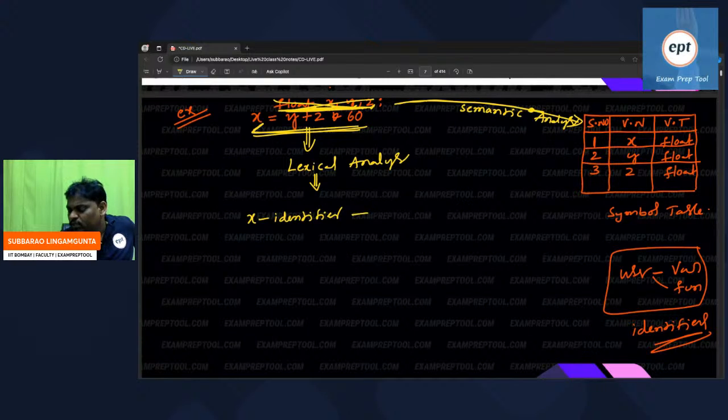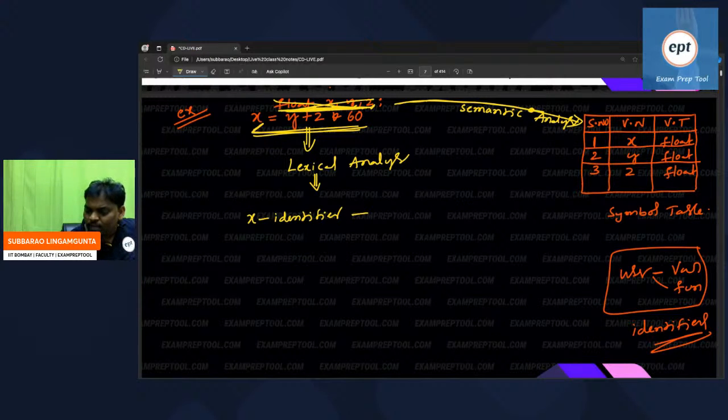He finds out in the first row itself. Yes, so the lexical analyzer will inform X, saying: hello X, you said that you are an identifier. You should be there in the symbol table. I verified also, you are there in the symbol table, first row. Then he will say that from now onwards, if anyone asks you,